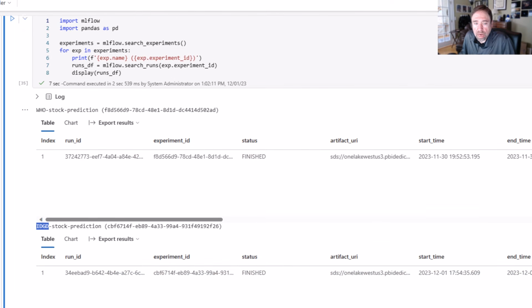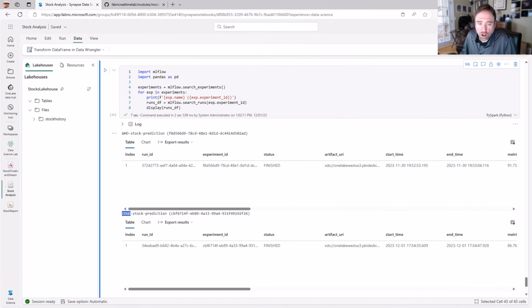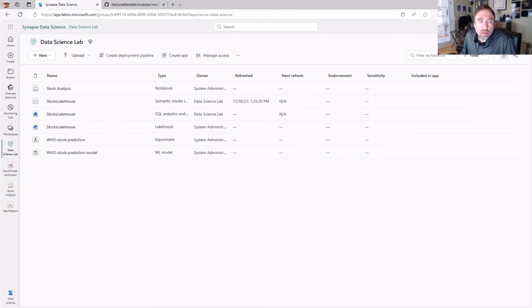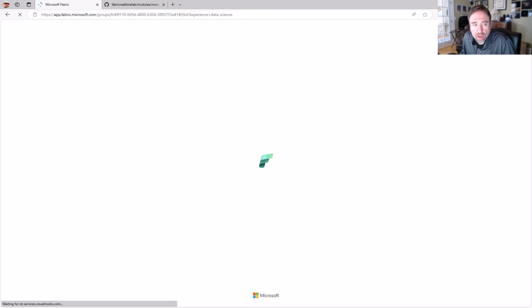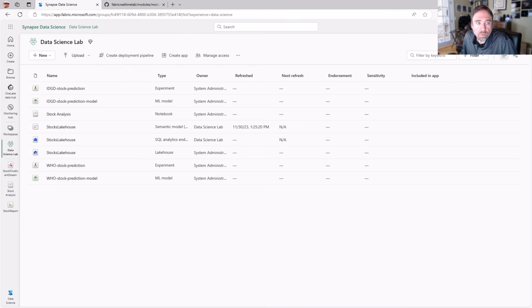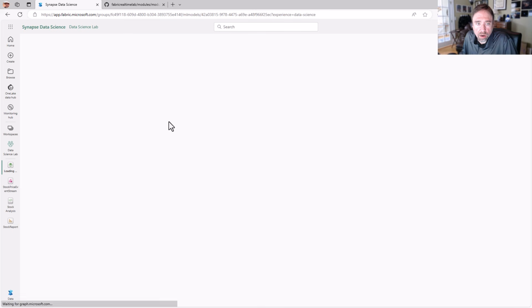So this gives us a programmatic way to look at all of the runs in MLflow that we could then load. If we want to look at this in the UI, I'll go back to my workspace, and I'll refresh this. We see the Who stock that was there. Let me refresh my screen. It should have the I Don't Give a Darn experiment and model. Oh, here it is up here. I don't know if that was there earlier. I didn't see it, but here we have the prediction and the model for the I Don't Give a Darn stock. So if I click on that and open it up,